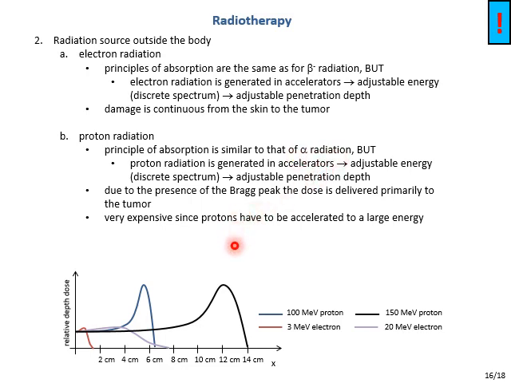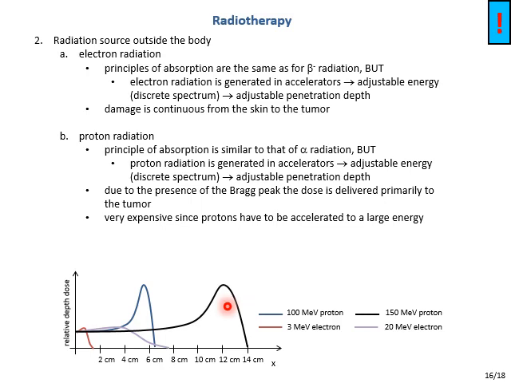So the ionizations produced by proton radiation are also characterized by the presence of the Bragg peak, as explained for alpha particles. But due to the fact that this proton radiation is produced by accelerators, these protons have adjustable energies. And since the position of the Bragg peak is determined by the kinetic energy of the proton, we